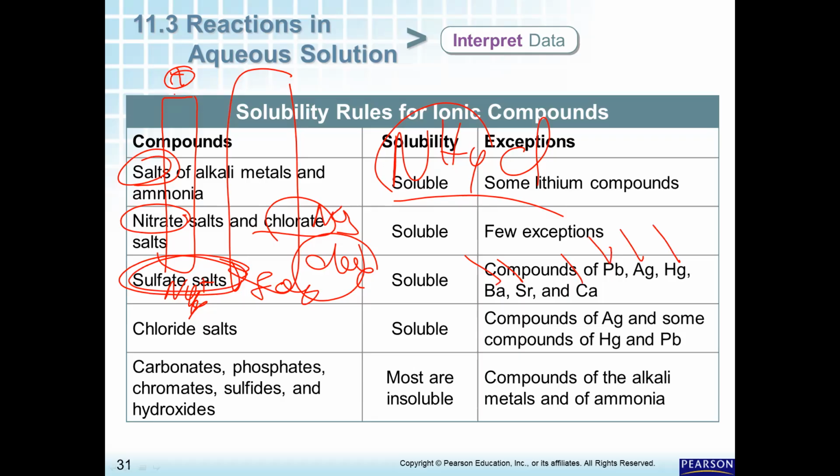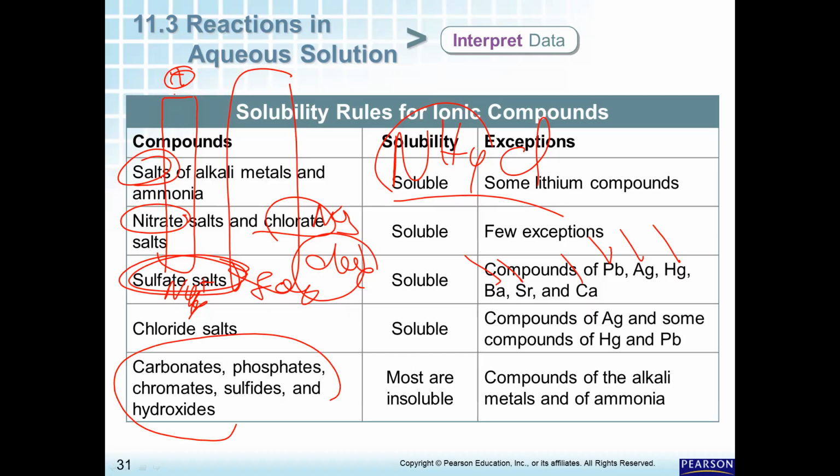Chloride salts are soluble, except silver, mercury, and lead. We saw the lead iodide, we saw the AgCl, and we're going to see another example with mercury. So these are the three exceptions for the case of the chloride. This is easier now. All the carbonates,